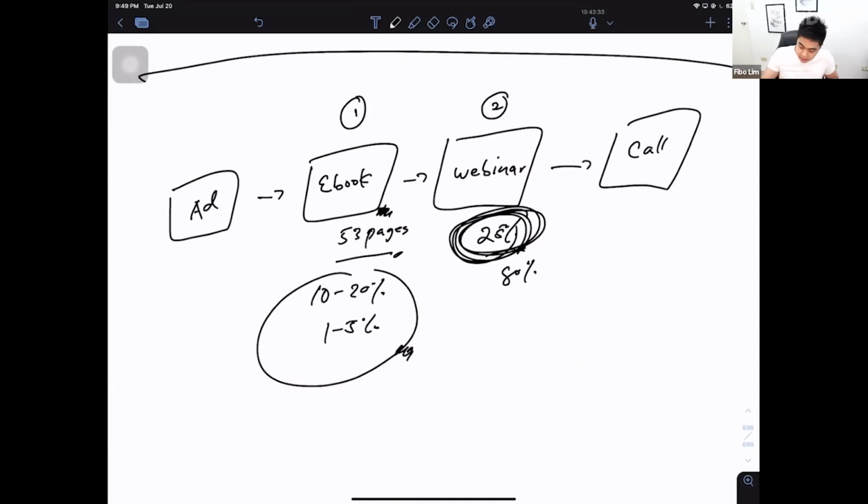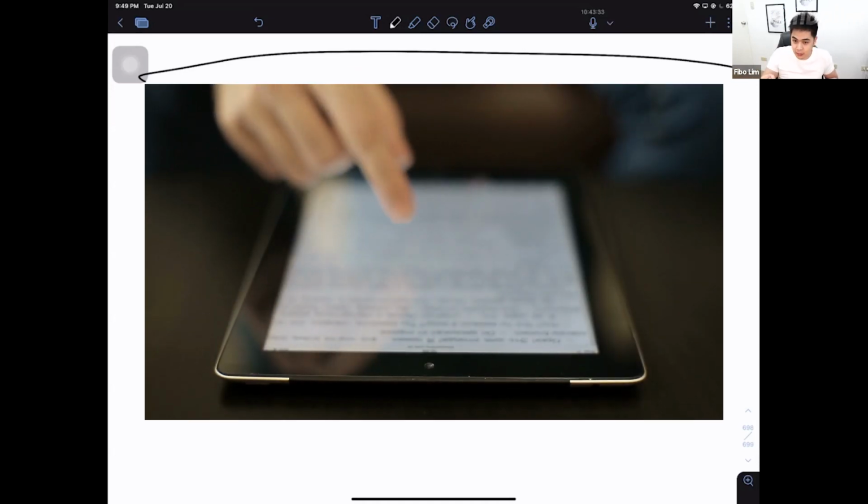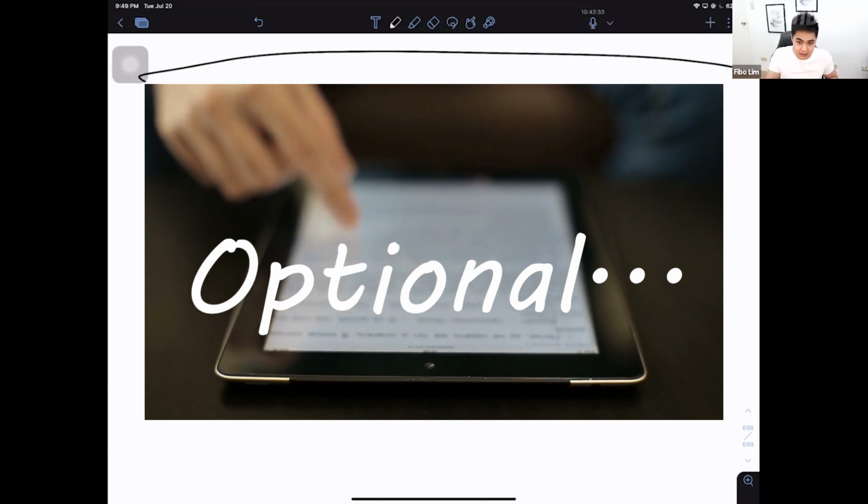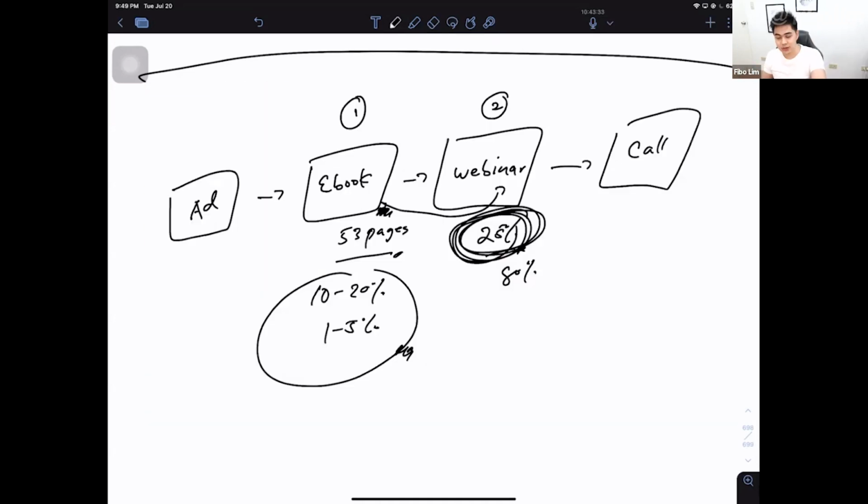Now, option 2, you give away the ebook at the end of the webinar. When you attend the webinar, I'm gonna give you a free gift. Boom. Okay, so at least, if hindi nila nabasa yung ebook na yun, okay lang kasi they were able to attend the webinar. So, hindi siya nagiging barrier or factor ng next step. Okay? So, our option 3 is to remove the ebook. Okay? But if kung tingin mo, it's good, so you give it away na lang after the webinar. Okay. Kasi ang ebook is an optional step na lang siya. Okay? So, after na lang sa webinar. Importante yung webinar is the most important. And then the call. Okay?